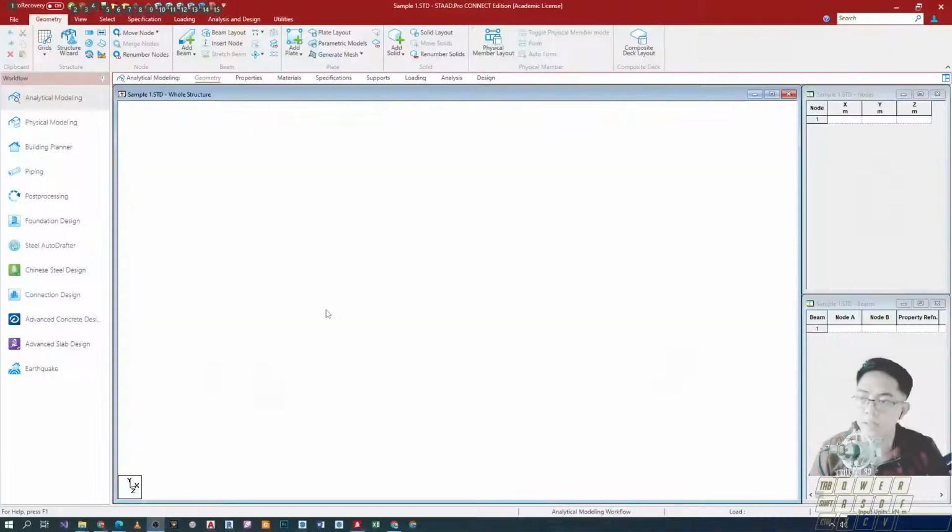Let's continue and learn about how to model nodes and beams in Staad. Okay, there are multiple ways to do the modeling. So, what I'm going to show you guys is the basics muna. And later on, we will be trying the other options. So, dito we have,